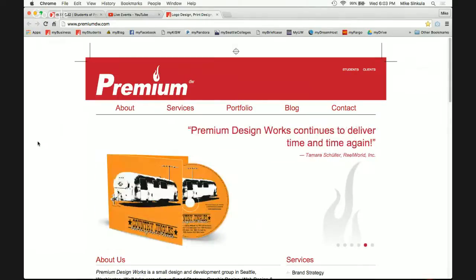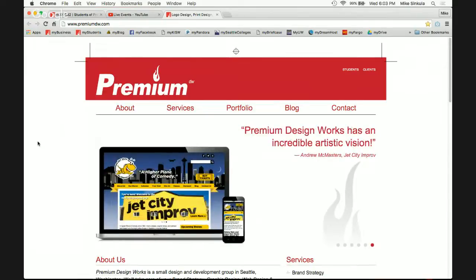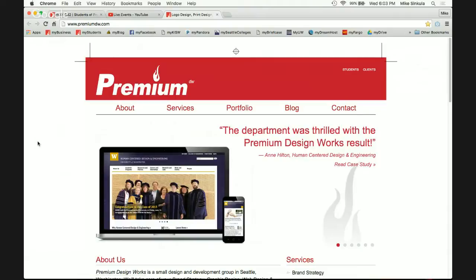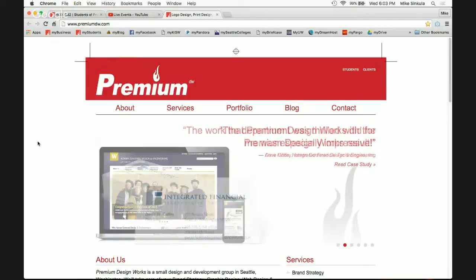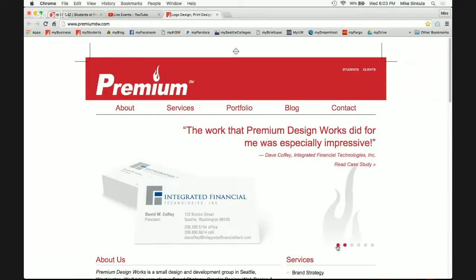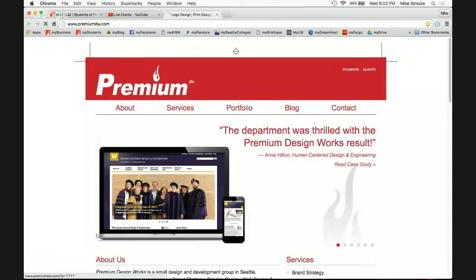I saw an email come through a few months ago, saying that the College of Engineering had developed a new theme that looked like the new University of Washington website's theme, and I was like, uh-oh, it's not going to be too long before my old design is gone. So if you ever saw this old website there,